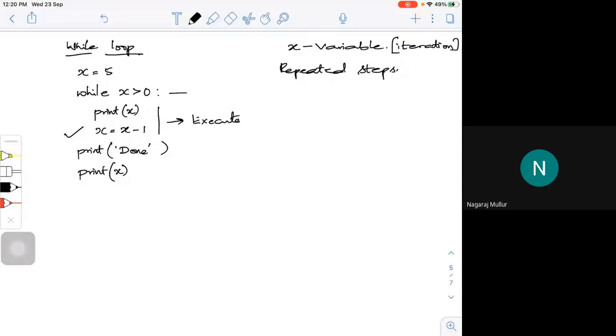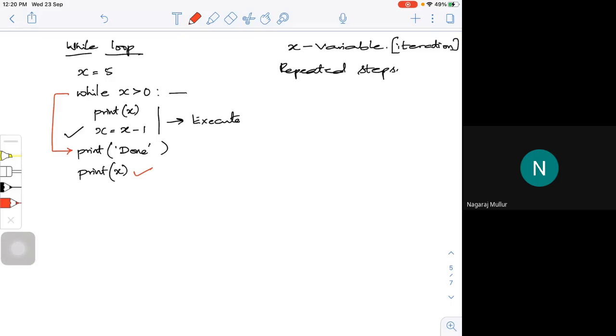After that, what's happening? While x is greater than 0 fails. What will happen? Your loop will directly come to this particular thing. It tells you, yes, I am done with this particular while loop. It's going to print done. Then I will check the value. If possible, this is an optional thing for you.